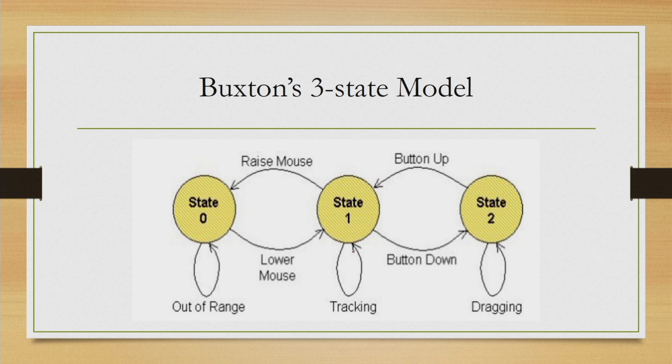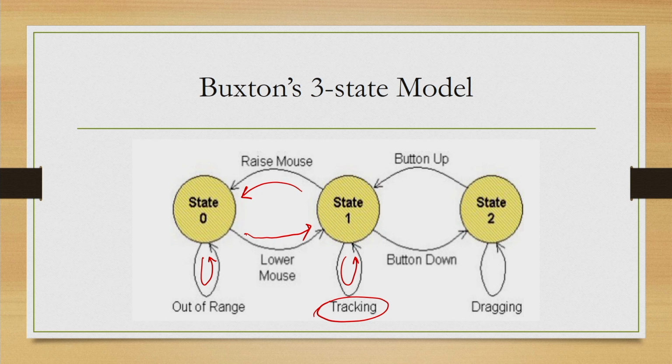In state 1, you can actually move the pointer on the screen, which is called tracking. This is one of the two major activities with any pointing device, and as long as you keep on tracking, so through this self loop you remain in state 1. In state 1, if you again by mistake raise the mouse, then you make a state transition to state 0, and as long as the mouse is lifted through this self loop, you remain in state 0. The moment the mouse or the tracking device touches down the surface, you come back to state 1.